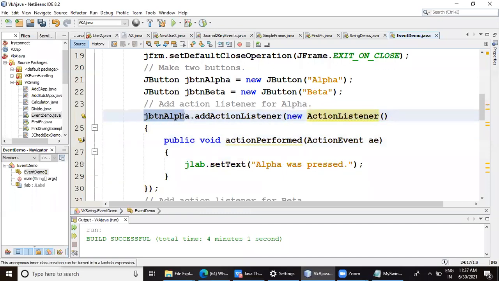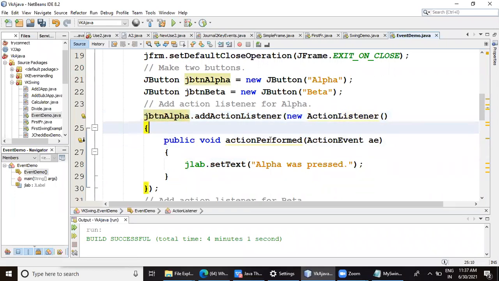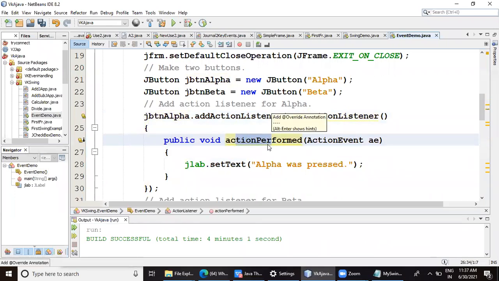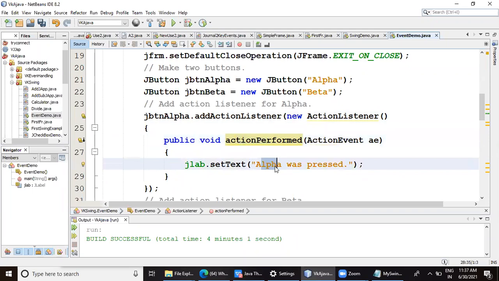What is that? J button alpha. So only to alpha button this particular action performed is written. And only when the alpha button is pressed, this will get executed. So there is no confusion to know which button was pressed, and then that action performed need not judge which button was pressed, because this action performed will work only for this alpha button.